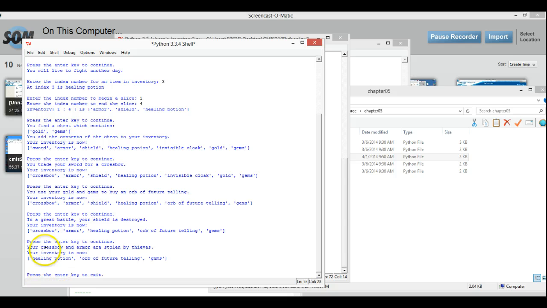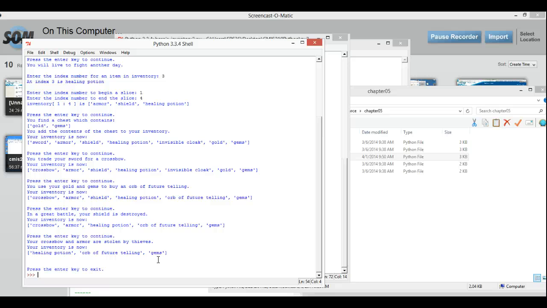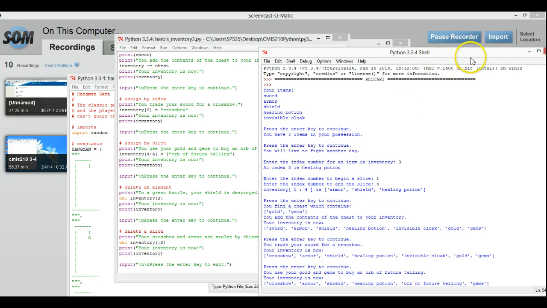So at that point then, now our list is just this set of items here. So if we did a length at this point, now we would only show 3 items. So this is a change from how we could work